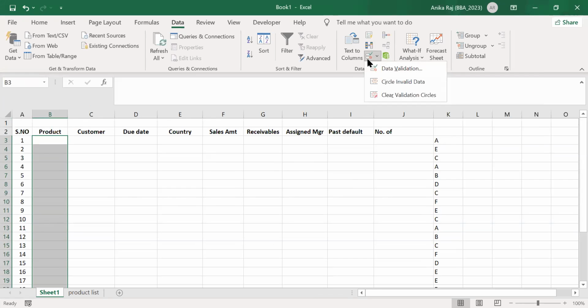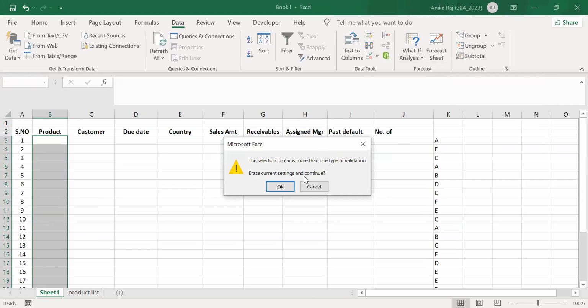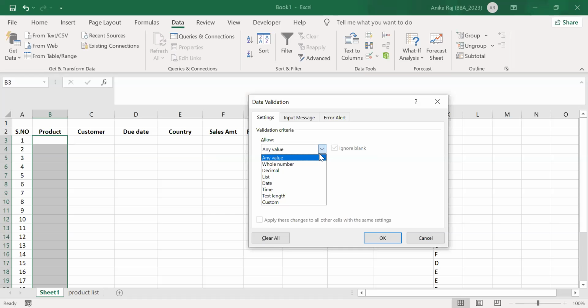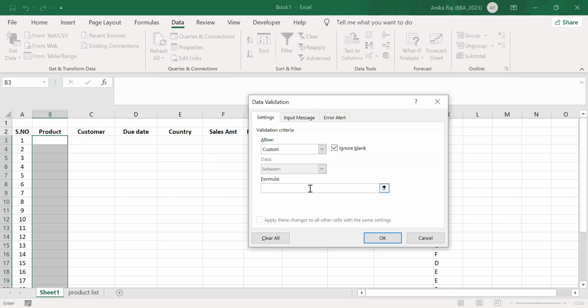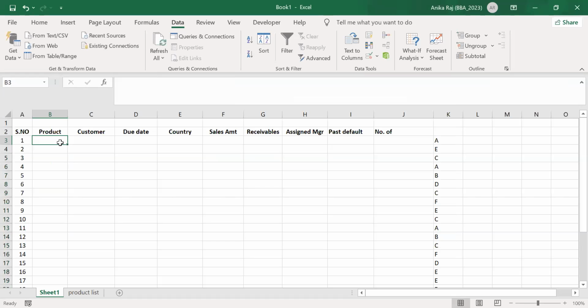So in the data tab, you can find data validation here. Oh, there's already one. And we wanted the product names here. So I'll choose custom, and I can put any letter between A, B, C, D, E, and F. And then if I